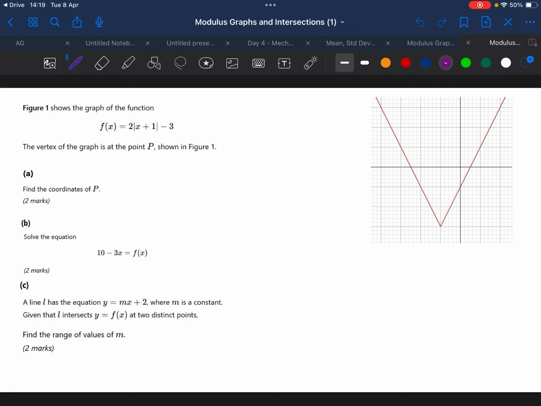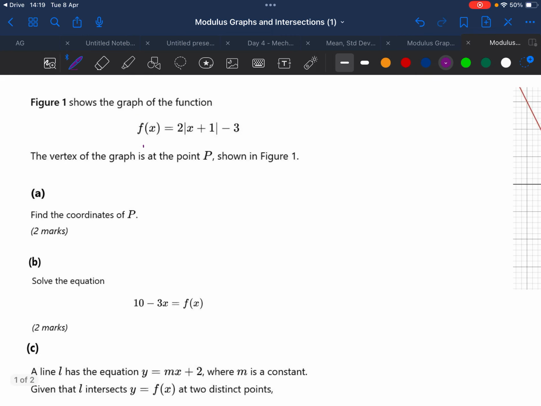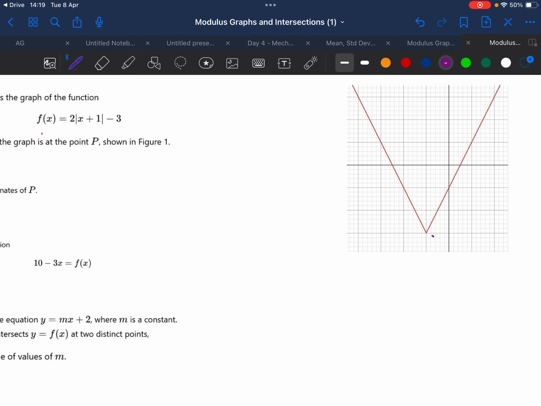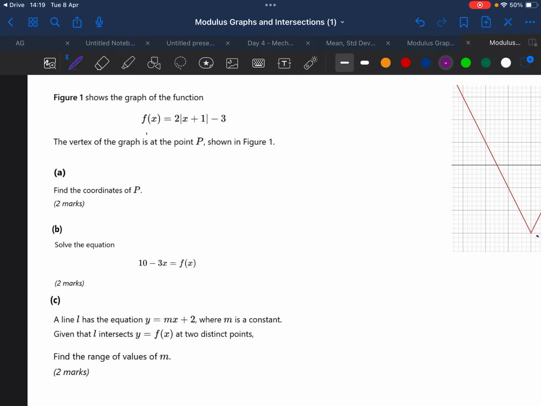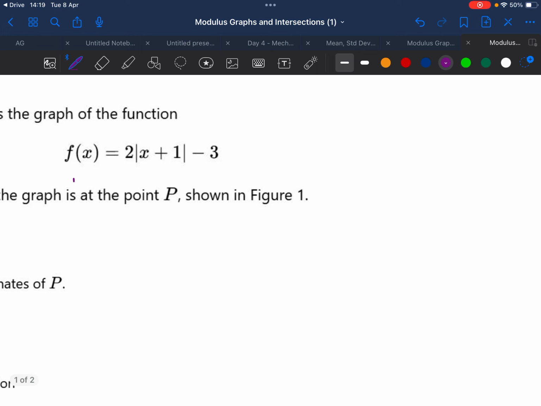Today we're answering some modulus questions that tend to cause some problems. So to start with, f of x equals 2 modulus x plus 1, minus 3. The vertex of the graph is at point P in the question. Find the coordinates. Well, what we're going to do is say that this bit must